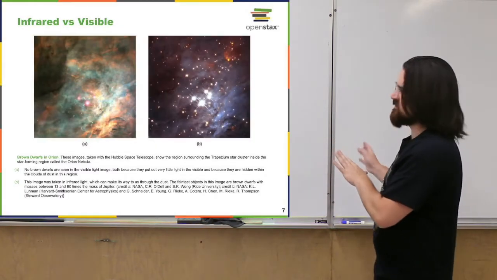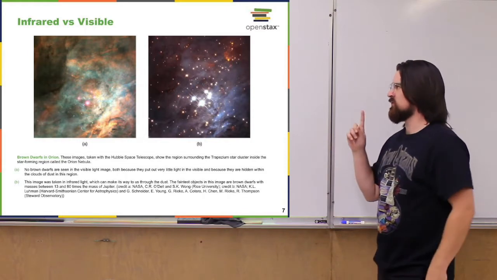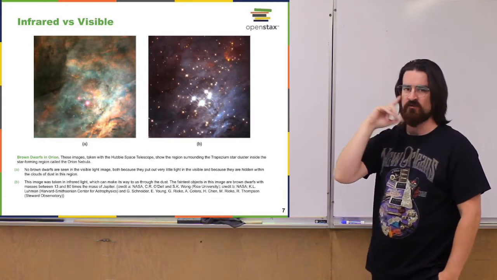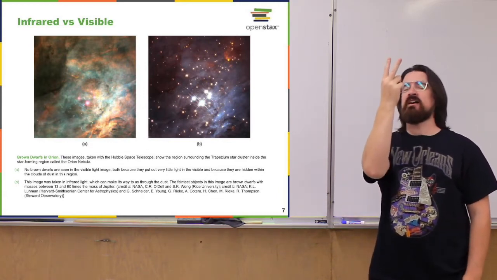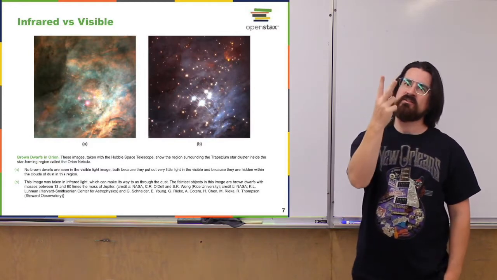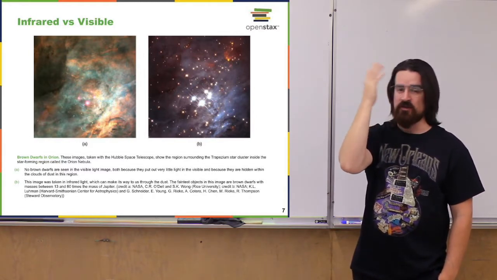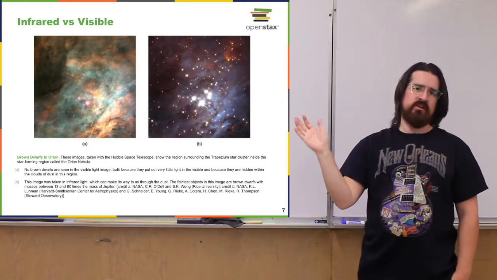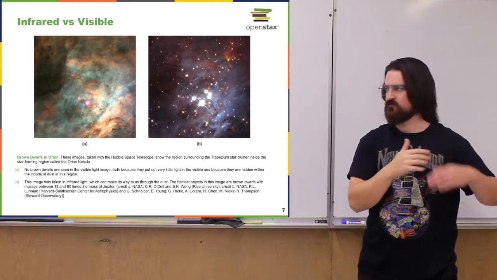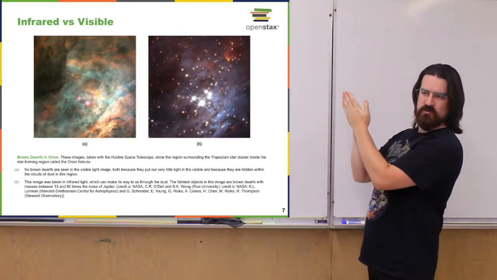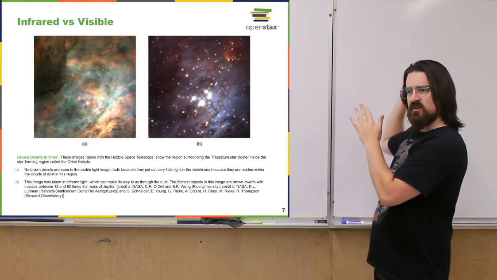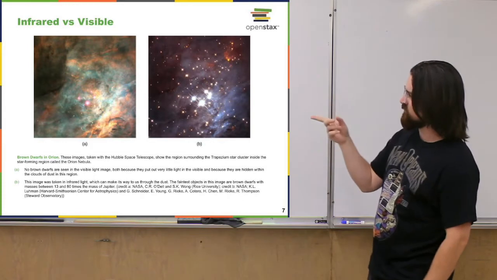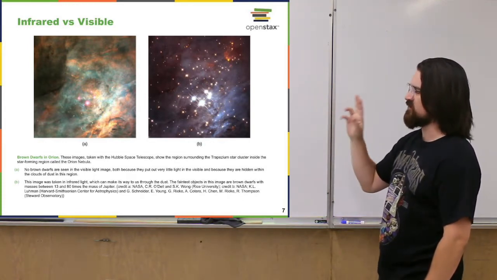This is a little bit of a side note. I just wanted to remind you that when we talk about looking at stars, we're not just thinking about looking in the visible range, right? If I look with my eyes, even if my eyes were really, really powerful and I could see a lot further and a lot more stars, I would still only be looking at visible light. Astronomy uses pretty much the full range of the electromagnetic spectrum. So visible light is one little chunk in there, but there's also ultraviolet and X-ray and gamma ray, and there's also infrared and radio. The image here on the left is taken in the visible part of the spectrum,